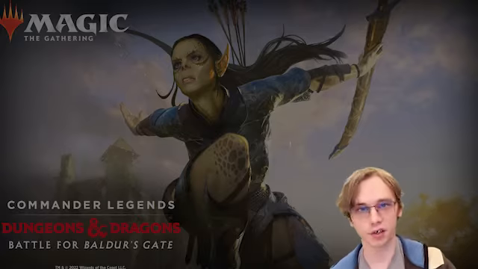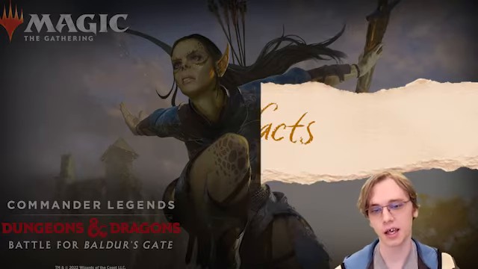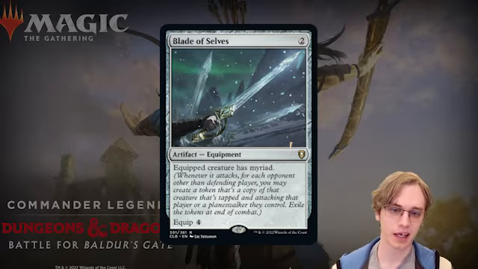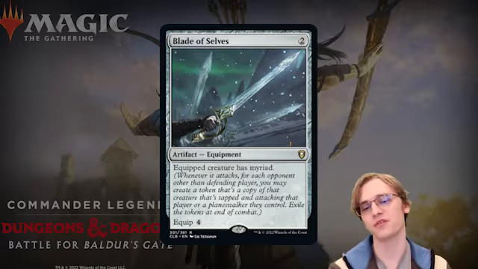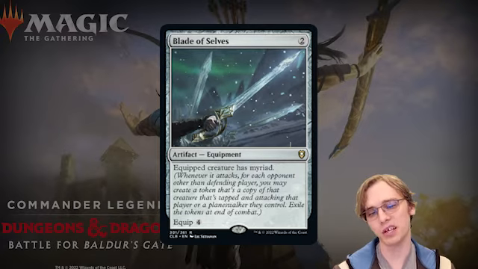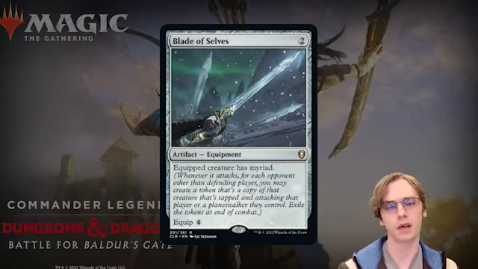Alright, and that's all of our colorless cards. Next we move on to our artifacts. We start with Blade of Cells, a 2 mana equipment. Equipped creature has Myriad and it equips for 4 mana. So is Myriad worth 4 mana? Probably on a dragon it would be. On anything else,